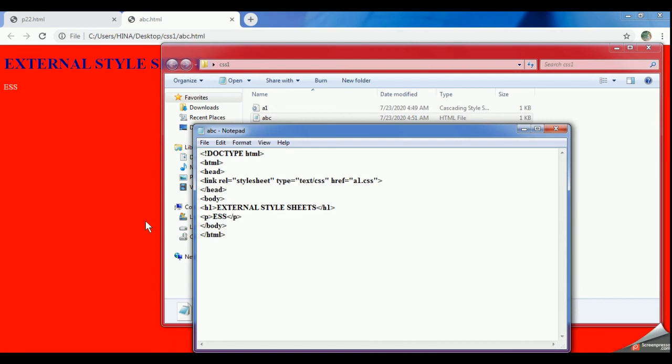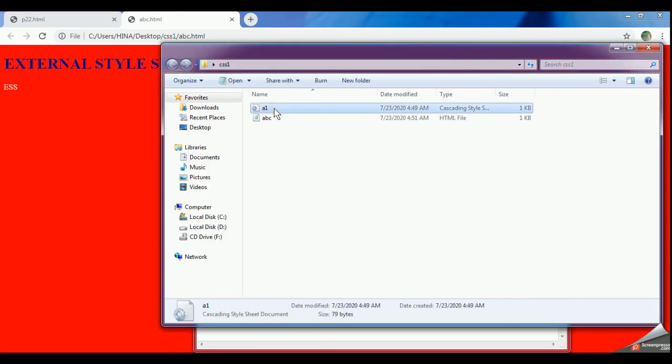So using an external style sheet, the main purpose is that it saves a lot of work, and it is reusable code. We can apply this CSS somewhere else, or with the help of this CSS the whole web page is changed. That's why we always prefer, if we are designing a website or a web page, to use an external style sheet. But if I want to apply a small CSS on some specific elements, we have to use an internal style sheet.